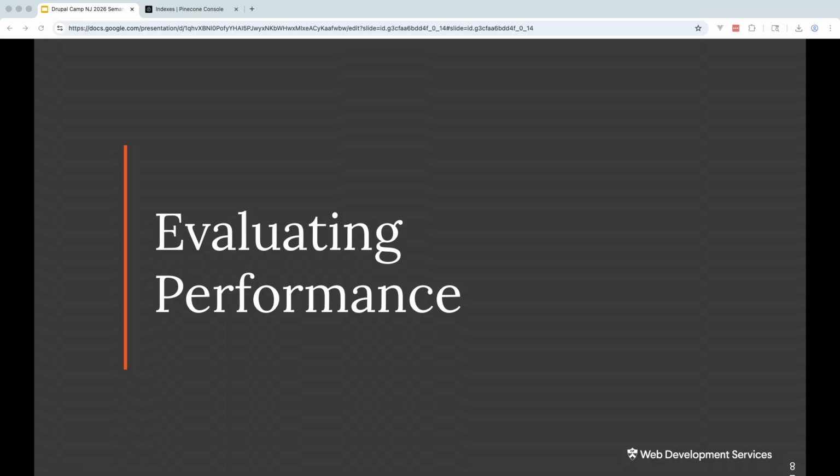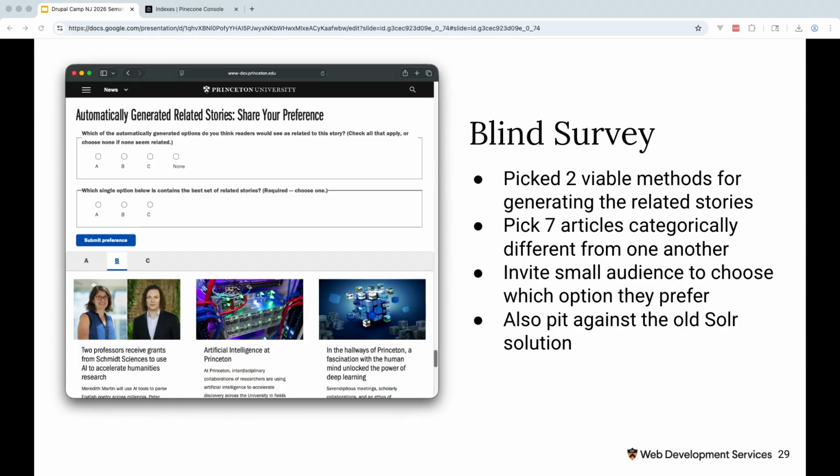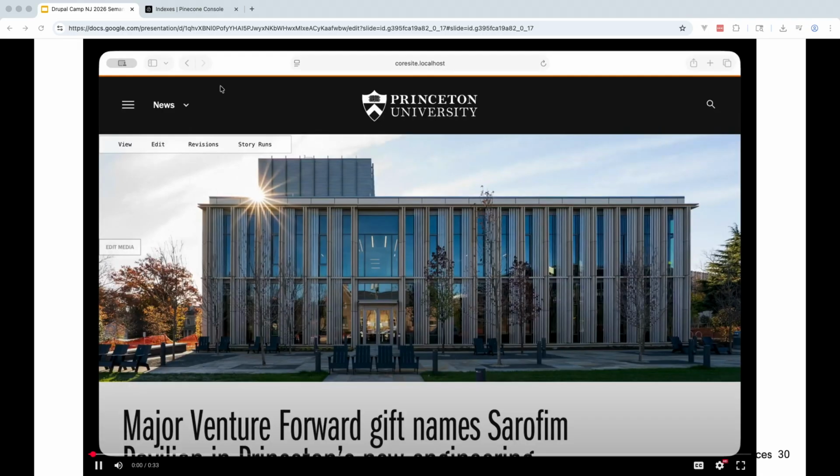Okay. Evaluating performance. So this is basically the end of the presentation, and I hoped to have gone further before this started, but this took a lot longer to figure out. There are lots of different strategies, like I discussed, on how to present the related articles, but I wasn't sure I'm in the best position to decide which one is best. So what I did is I created this,